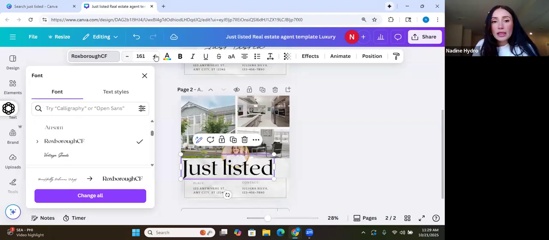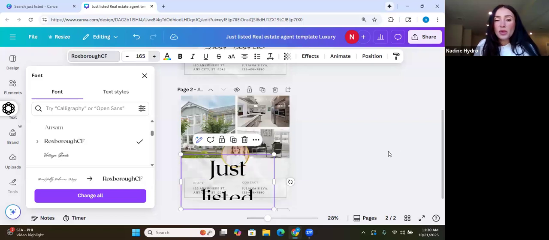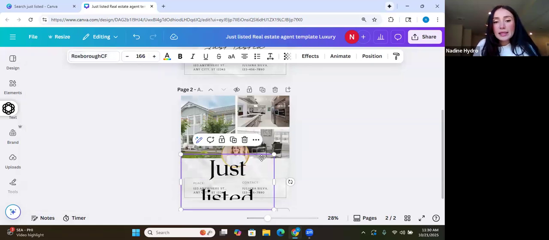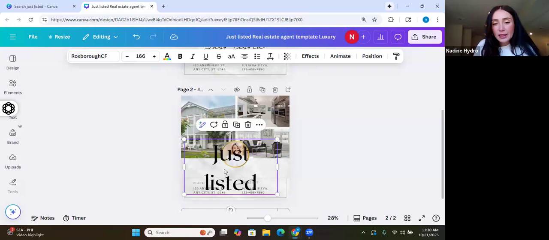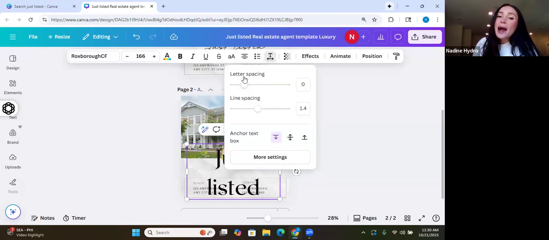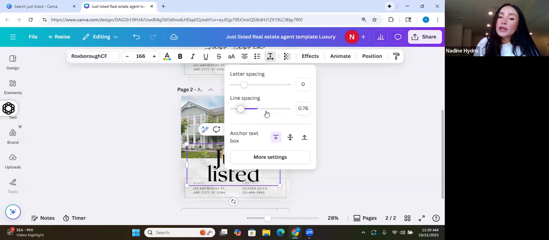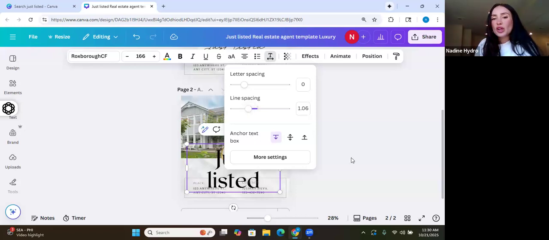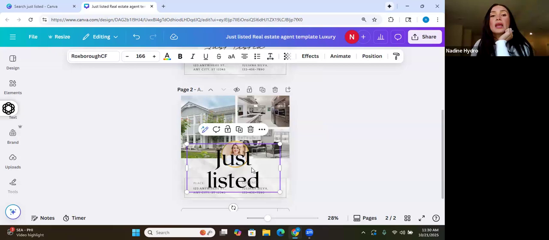Now I'm going to enlarge this text again because this is one thing I don't like when I see. Do you guys see all this space between these two words, right? I'm not a fan, so I'm going to go here to advanced settings where you see the T and the double arrow, and I'm going to adjust the line spacing. So you see how those words are coming closer and further together? I want it closer together. And I think that looks so much better than that big space in the middle, right? And this is how you can really just utilize your time into customizing certain things instead of making the whole template from